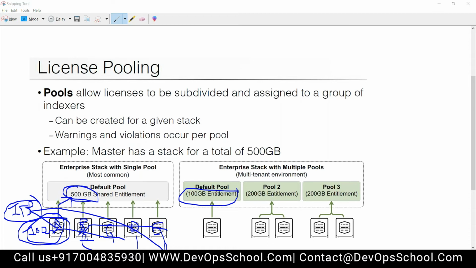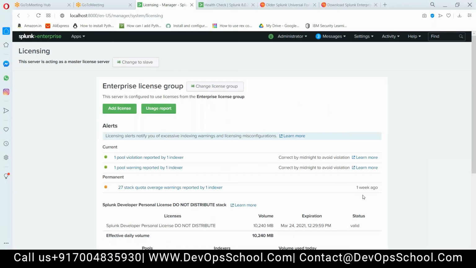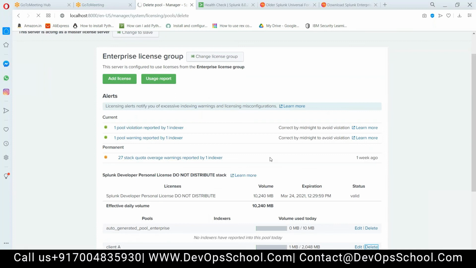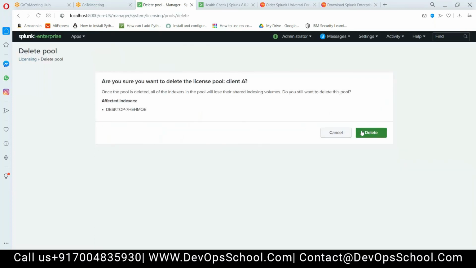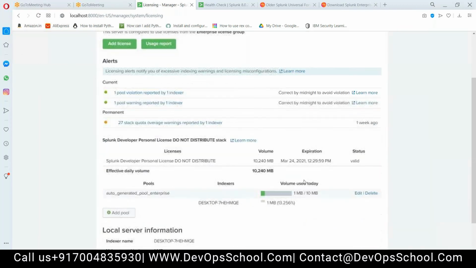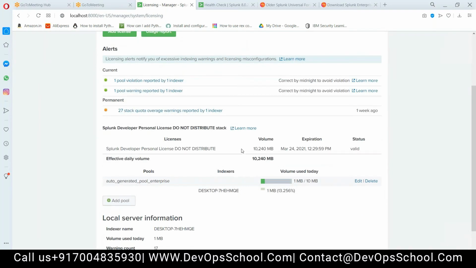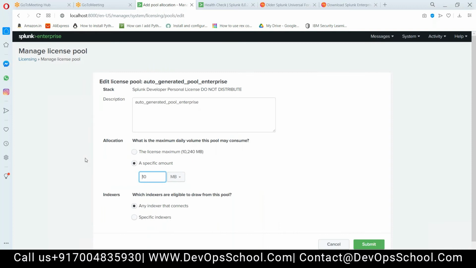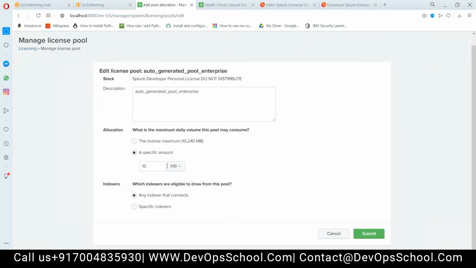Now the question is how to create a pool. So let me go back to Splunk. I did the practical. Here I have 10 GB of license. There is an auto-generated pool already created.